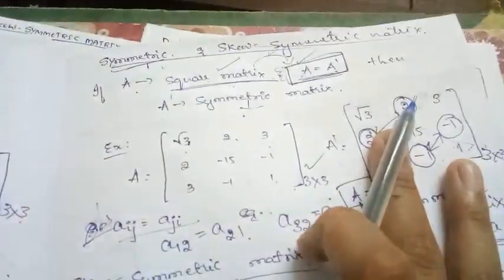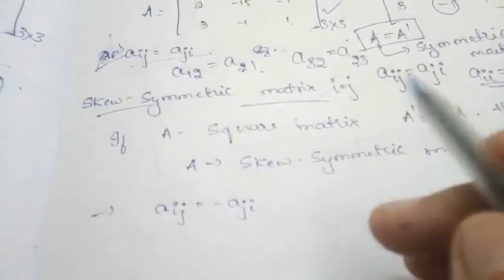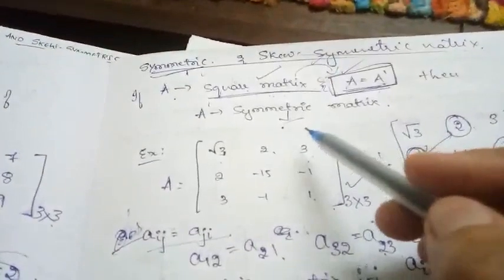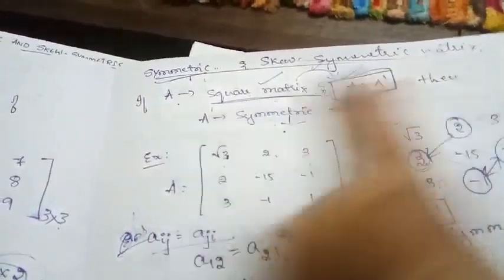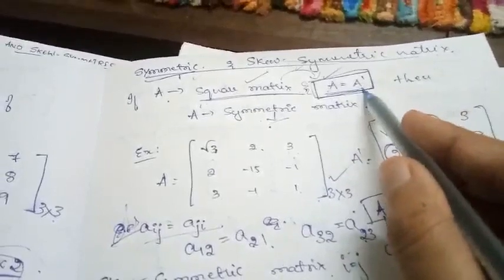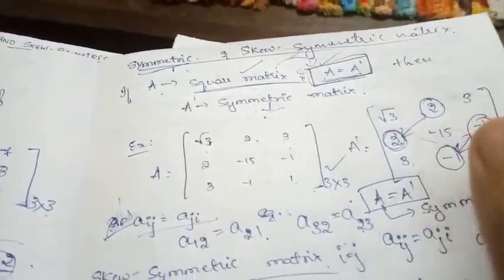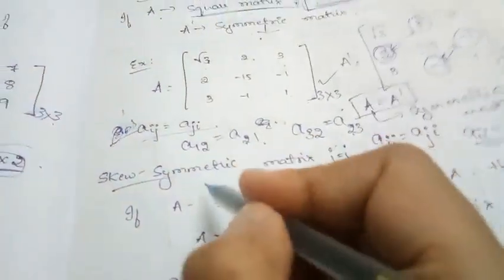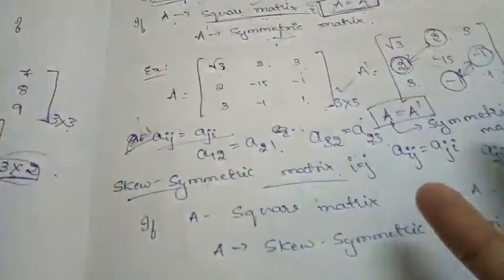So this is regarding the symmetric matrix. Next is skew symmetric matrix. Here the name itself, symmetric means which doesn't change. So that is what we are seeing here. A is equal to A transpose, where nothing changes can be seen in the matrix. But skew symmetric matrix here, so what does this skew symmetric matrix mean?